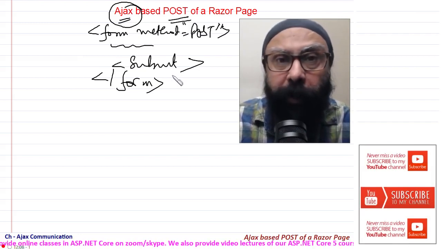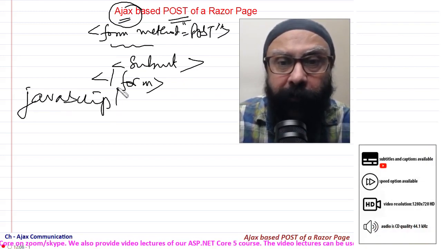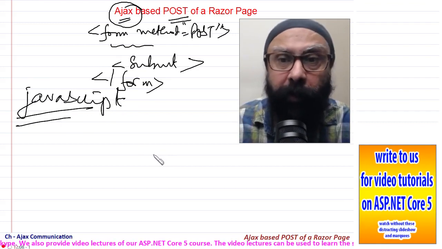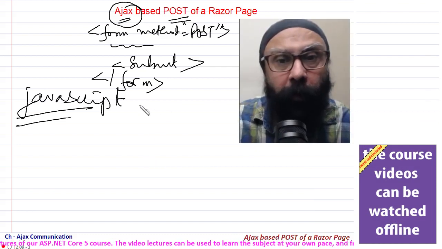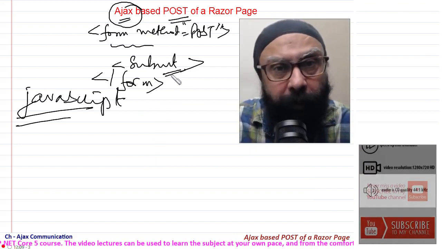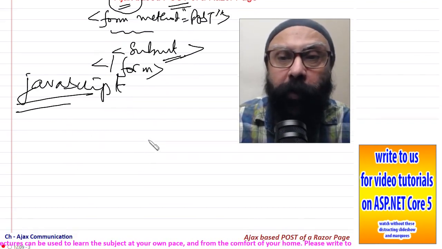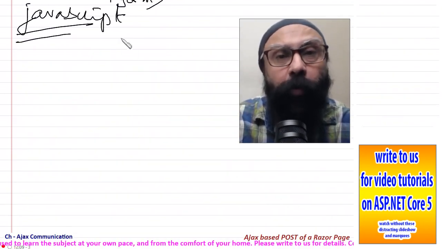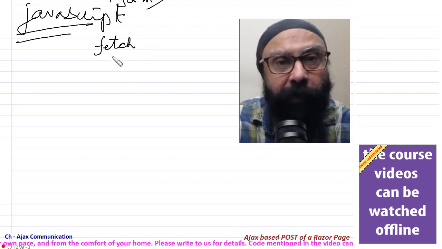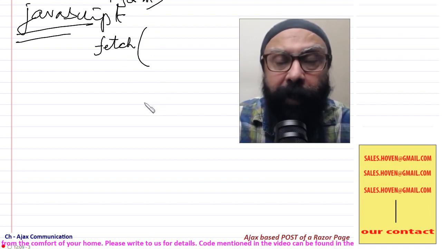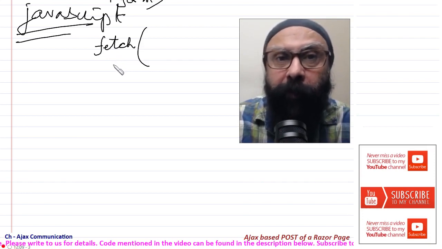Whenever we have to use AJAX, we have to use JavaScript for that, and I will first explain the theory behind it, how we use it. The method of using JavaScript is to bind the click event of this submit button to a JavaScript function. Now what is that function? When you click this button, we will have to call a JavaScript API called the fetch API. This function fetch takes various arguments, and let me explain them one by one. This is a JavaScript function that is called when the submit button is clicked.